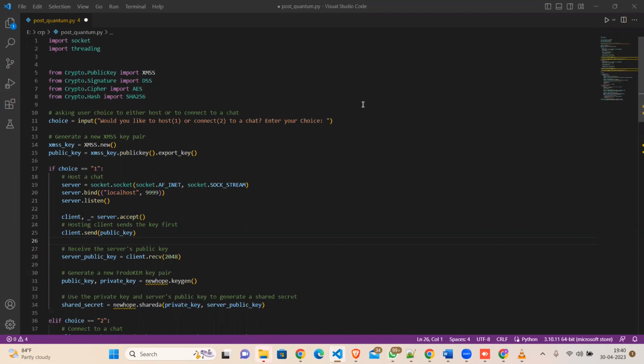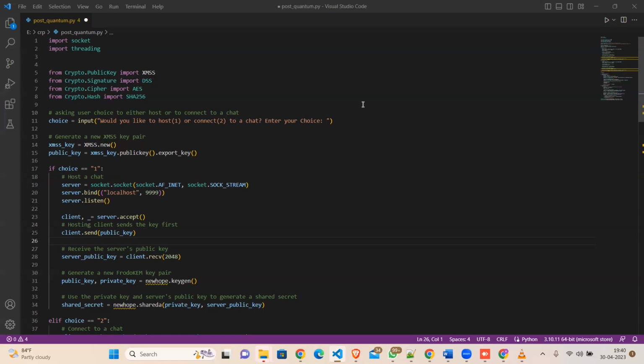Here at the start, we have imported the necessary libraries like socket for creating the network socket, threading for creating threads to send and receive messages simultaneously, and the crypto libraries: Frodo, New Hope, which I have created for key exchange, public key for public key encryption, and a digital signature for DSS, and I have included the AES for symmetric key encryption, and the crypto hash for generating the hash values.